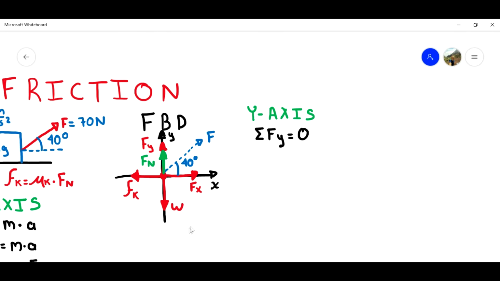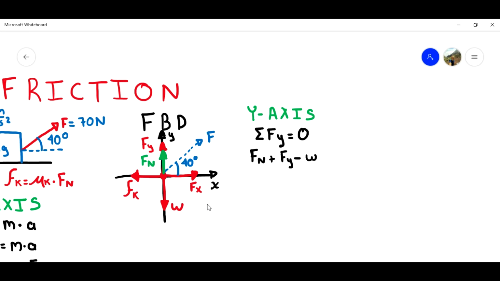So what are the forces that I have in y-axis? I got Fy, normal force, both point up, so they're going to be positive, and the weight goes down, it's going to be negative. So I'm going to have normal force plus Fy